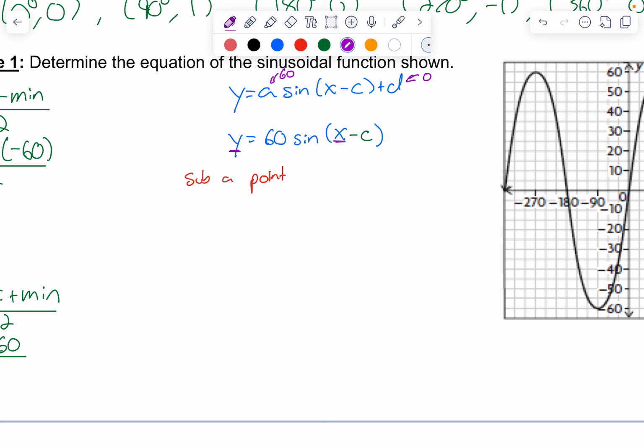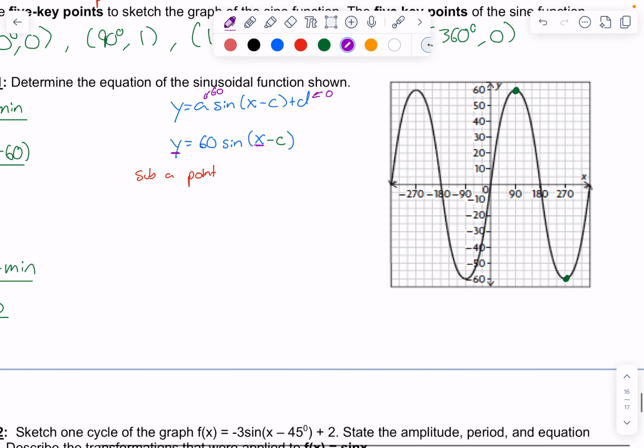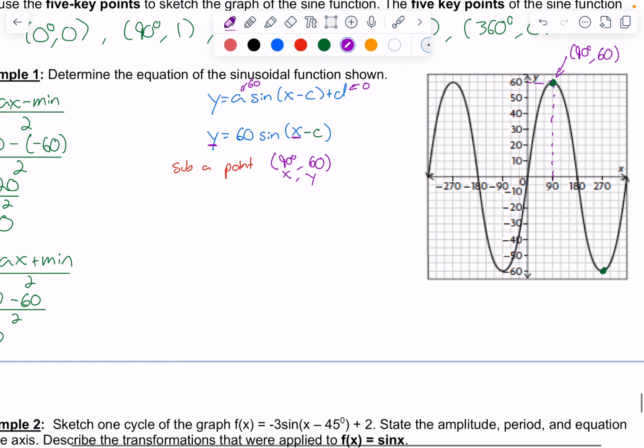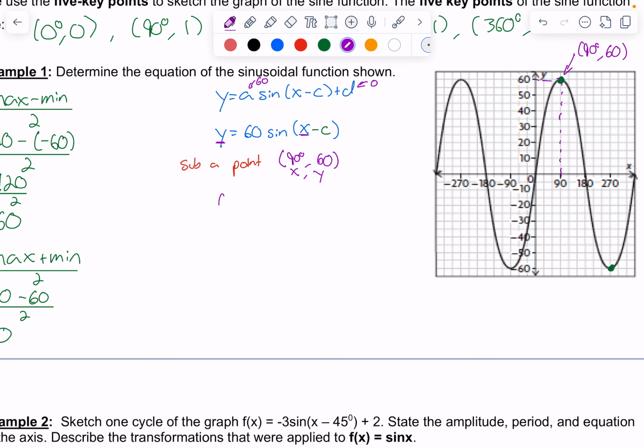So the easiest point to identify on a graph is just look for the max or the min, right? So this point right here occurs at an X value of 90 degrees and a Y of 60. So you're subbing in the point 90 degrees, 60, right? Like this is your X, this is your Y. So you plug in 60 equals, I'll write it in blue, 60 equals 60 sine X, and then we're finding